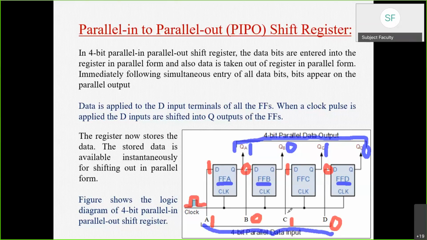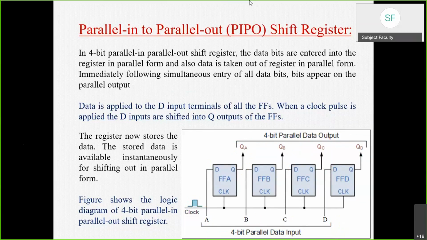Okay, so this is a very simple shift register: you are just giving the inputs to your A, B, C, D data lines, and you are collecting the same output across QA, QB, QC, and QD. So this is 4-bit parallel data input, and from here you can collect 4-bit parallel data output. This is pretty simple. A few points have been noted, we will go through them.